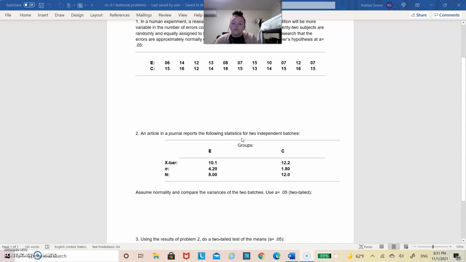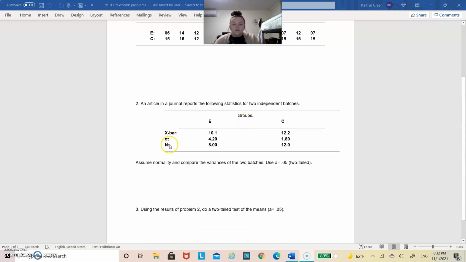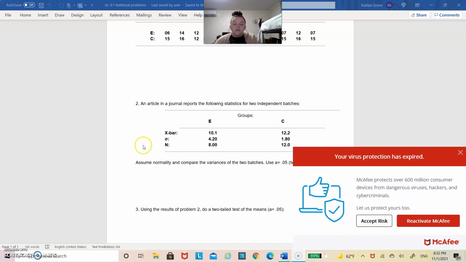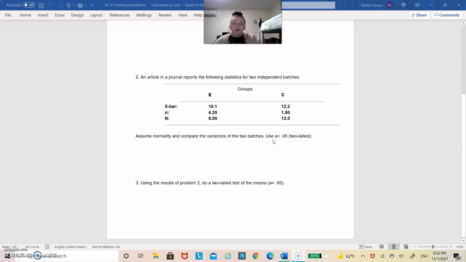It says an article in a journal reports the following statistics for 2 independent batches. It gives us the X bar, the sigma, and the number for both the E group and the C group. And as we can see here, the N groups are not equal, and so we're going to have to do a little bit of a different approach than we did for number 1. It says assume normality and compare the variances of the two batches, and use alpha 0.05 in a